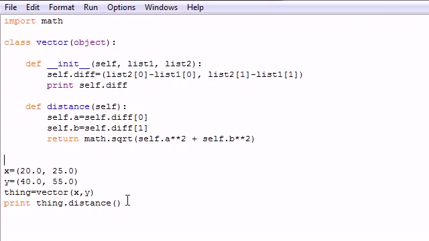So practice this tutorial, follow along with me. Don't forget to change your variables, and also don't forget to import math, or else you won't be able to use the